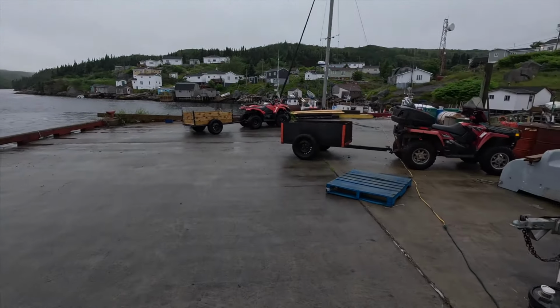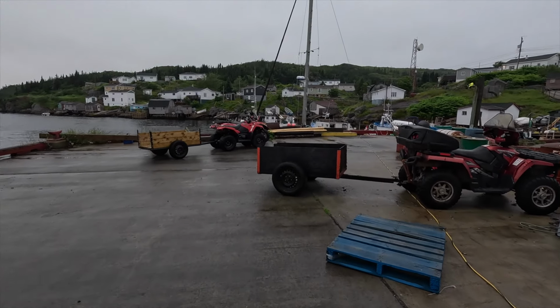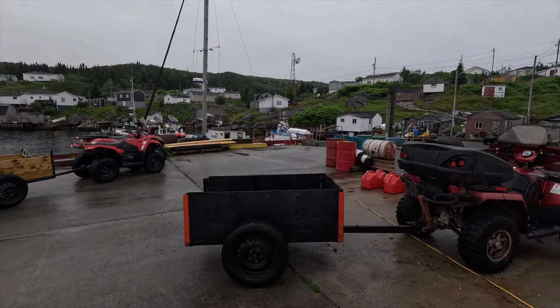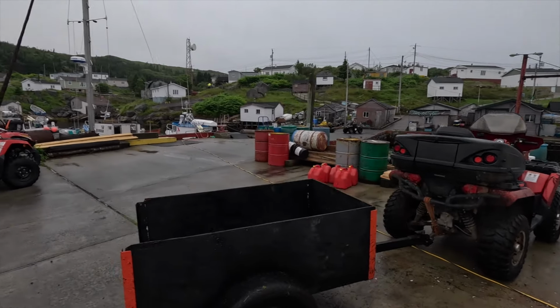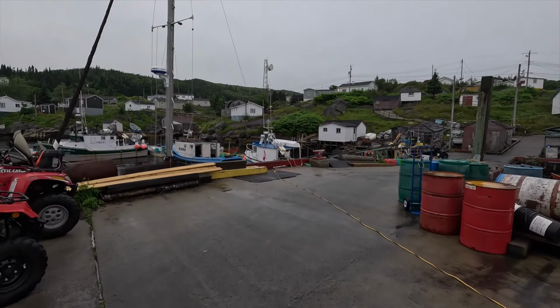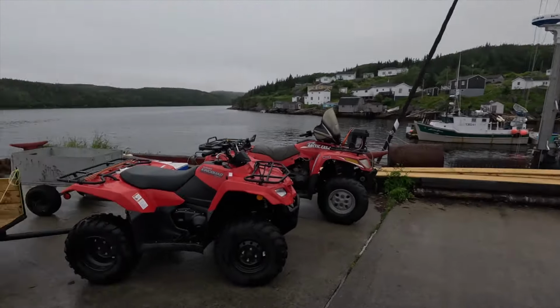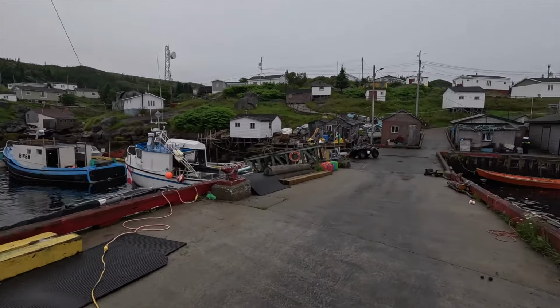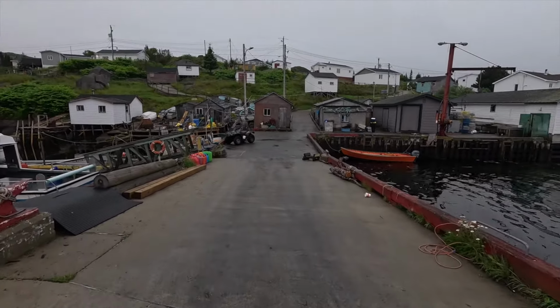Everybody brings their quads down, and they'll stay here all day. There's another fellow coming now. We met this fellow yesterday, coming here, I forget his name. Anyways, there's all the local small open boats. Some old quads, new quads here. And yeah, so we're just gonna see where we can get some